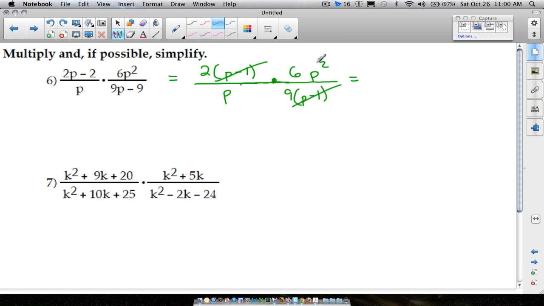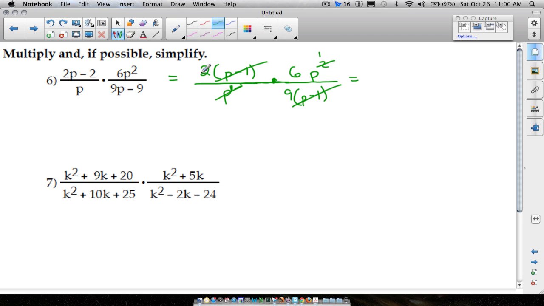Since we have more p's at the top, we can take away one of those p's. That leaves us with p to the first. We're subtracting exponents there. Remember that p that I just crossed out right there? That had an understood exponent of 1. So when we subtract, we get p to the first. Let's multiply what we have left, because maybe you're getting a little confused with all these crossings